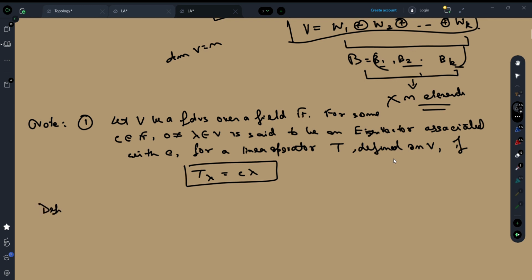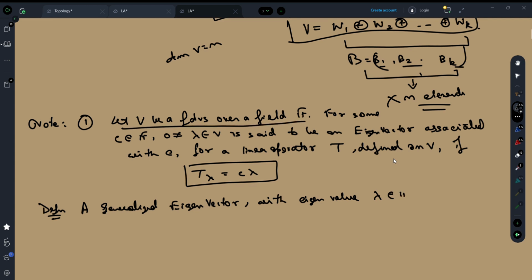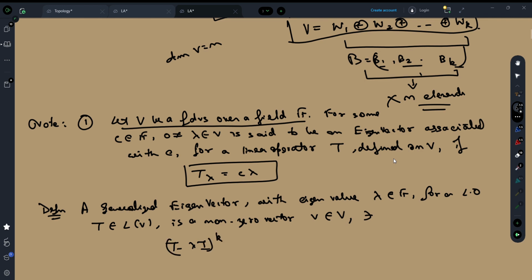Okay, so definition. A generalized eigenvector with eigenvalue, or you can also say associated with the eigenvalue, let's say lambda in F, for a linear operator T defined on V, so this is the collection of all linear operators on V, if you recall, is a non-zero vector V such that (T minus lambda I) to the power K of V is 0 for some K greater than 0,